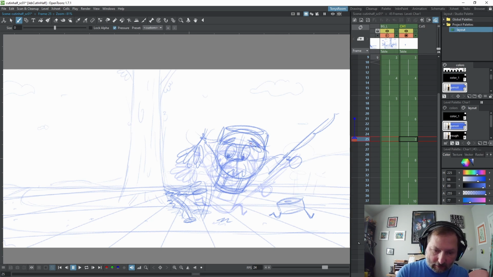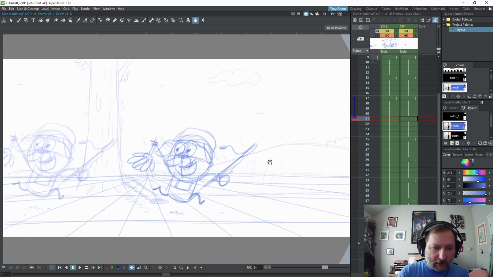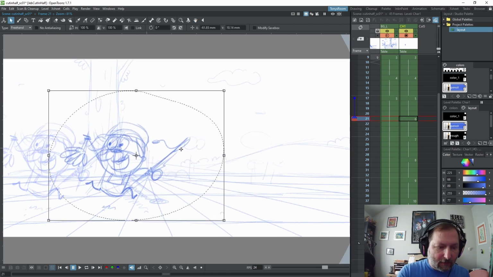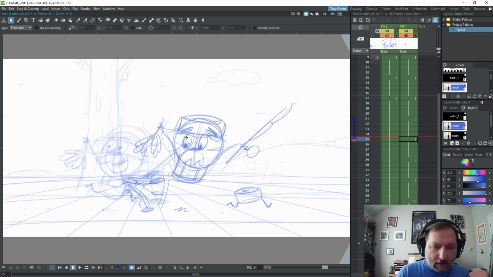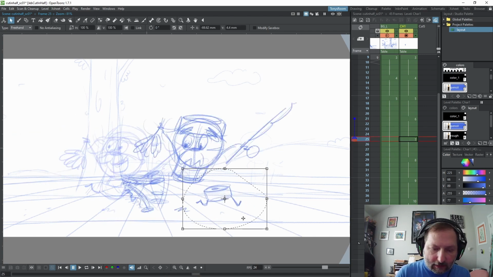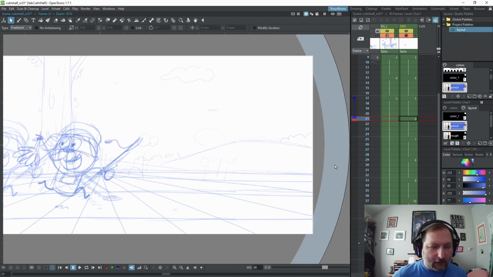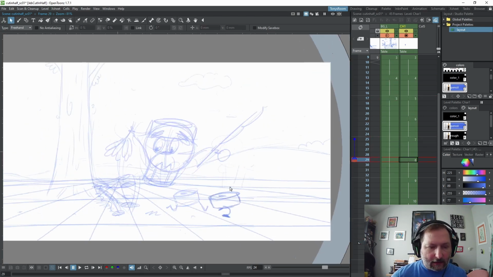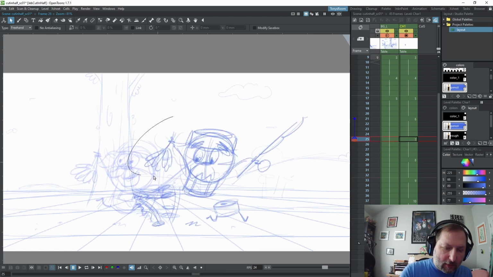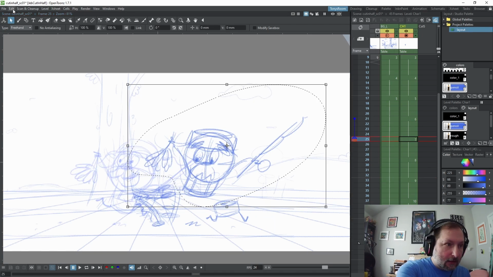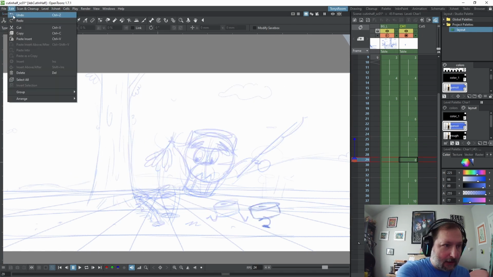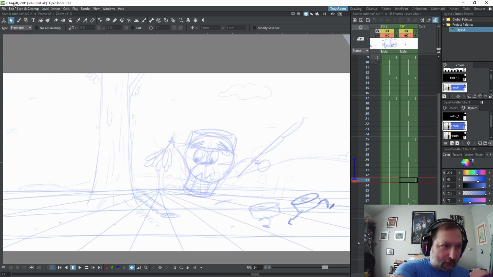Get his eyes, just so we know what's going on. Let's have him right before he hits it. And now he hits it, boing, and his legs keep running. Okay, that might work. So, boing, and then we're gonna hold Jeb. Edit, copy, edit, paste, and let his legs run off. So I'm just pasting him